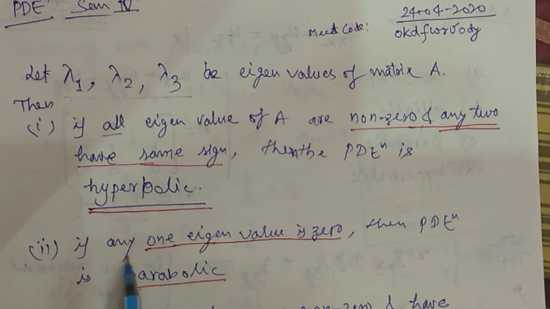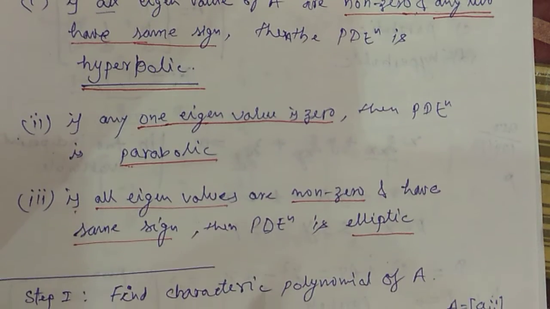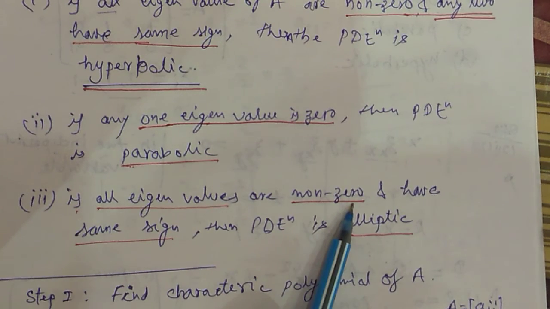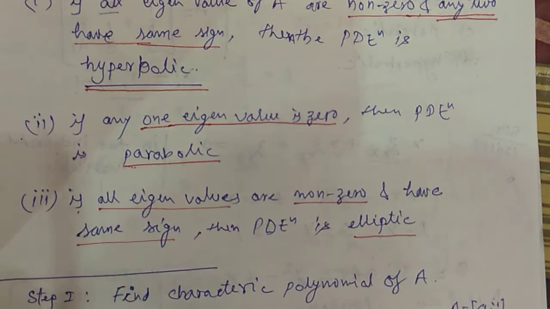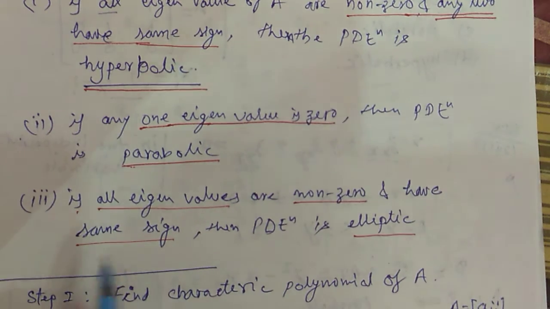Second case: if any one eigenvalue is 0, then the partial differential equation is parabolic. Third: if all the eigenvalues are non-zero and all 3 have the same sign, then the partial differential equation is